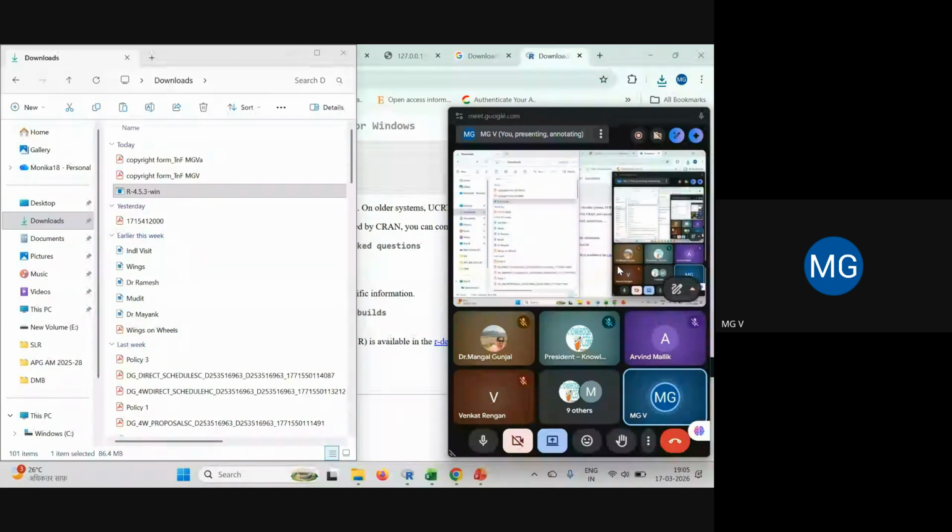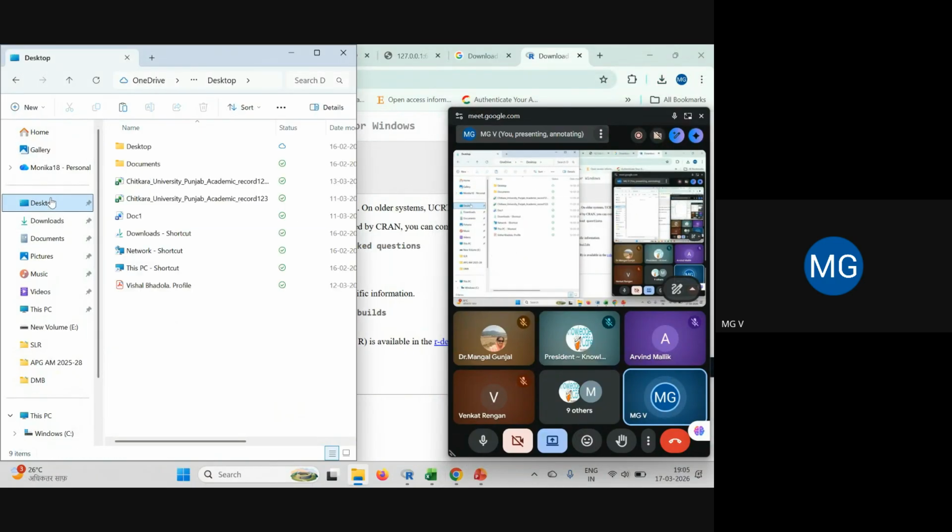I am not clicking because I have already done this procedure. After this, you will get a link either on the desktop or at the bottom, wherever you feel like. So I have this shortcut.